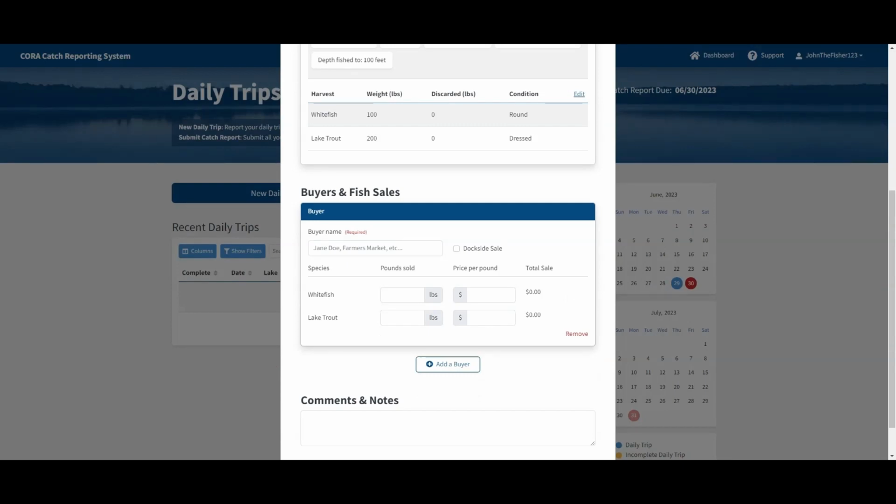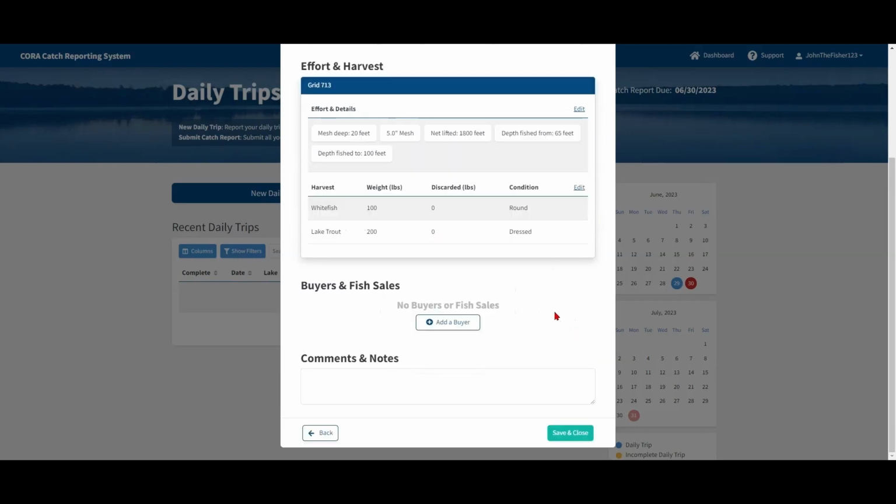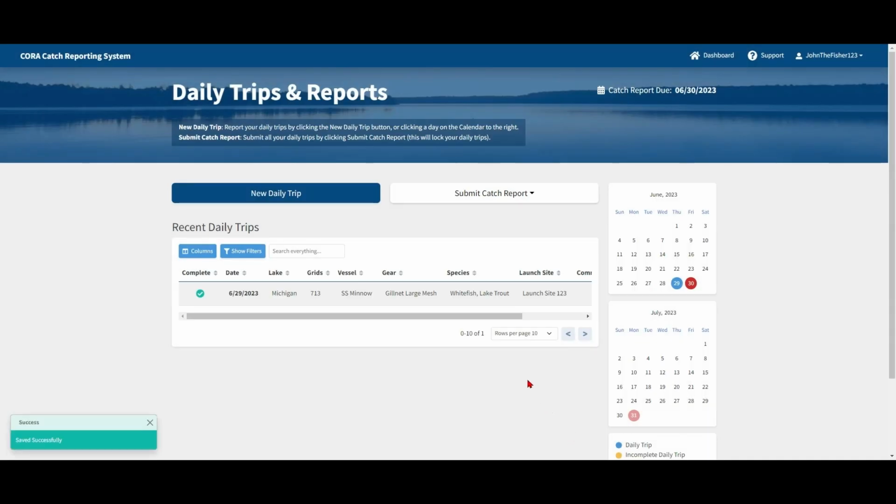Keep in mind that you can print all the information on every daily trip, including buyer-related information. This might be helpful for your personal record keeping. Once you are done, click on the Save and Close button and you'll see this daily trip information added to the Recent Daily Trips table,